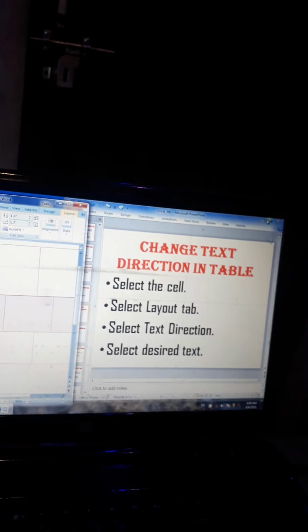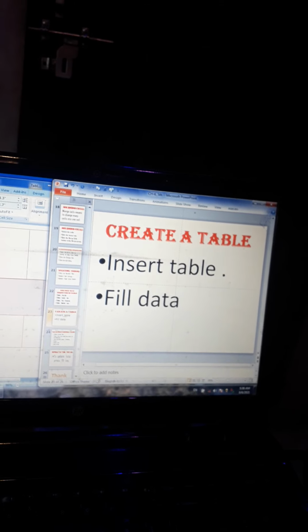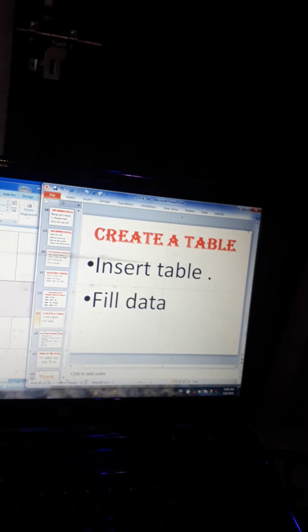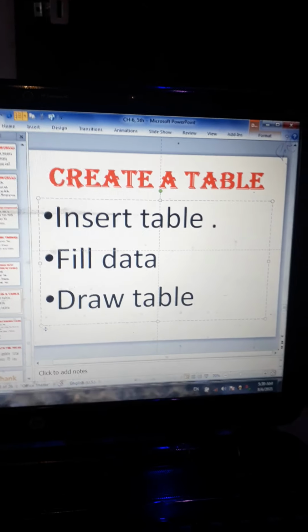Okay, so many options are given, autofit and split cell, and whichever topics we are seeing, we can apply anyone. Next here is given creating a table. To create a table we can create a table by